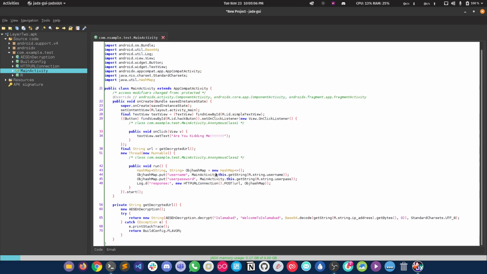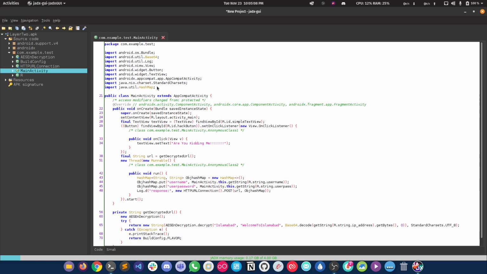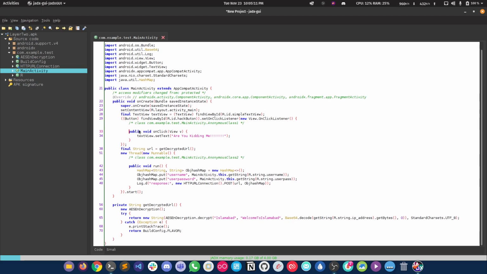So yeah, whatever. So we are going to analyze the application, not going line by line. We can see that whenever you click in the application in a view, some box or something, I'm not sure, it displays this in a text view, right? Not an alert, text view. It just writes this, are you kidding me? And then this method gets called down here, and then whatever is being returned is